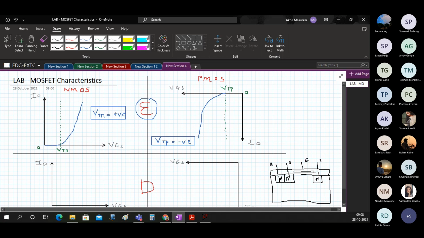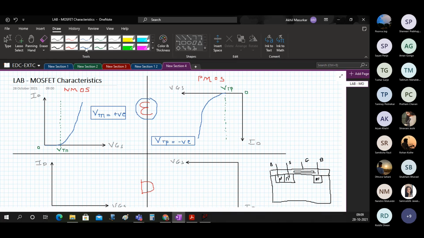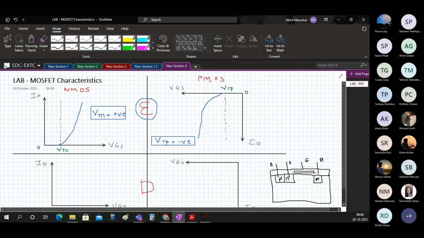In this, the channel was not present, so we had to apply VGS like this, plus and minus. We had to apply a positive VGS in case of an NMOS to enhance the channel.